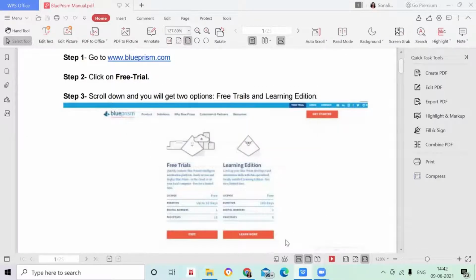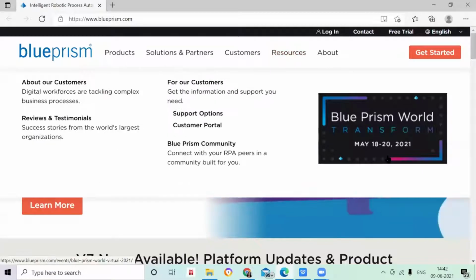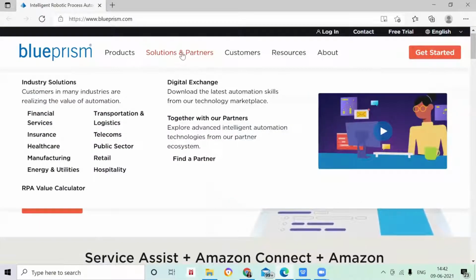If I click on that, it directly redirects me to the Blue Prism website. Here it's going to open. Now you can see this is your Blue Prism website. Many things are there, like product, solutions, partners.